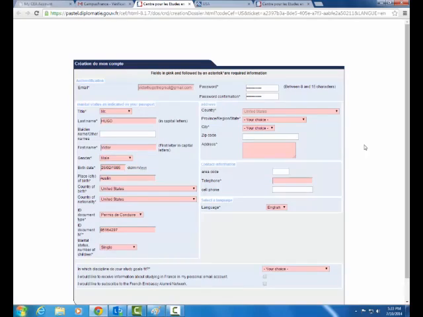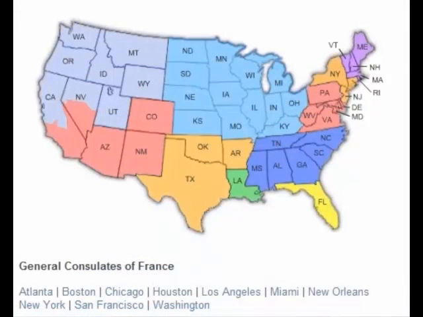Now if you plan on visiting the consulate where your university is, you'll want to put your university's address here now. You won't be able to come back and change this later, and normally you can only go to the consulate that covers your permanent address. However, if you check on some of their websites, they will say that you can go to the French consulate that has jurisdiction over where you study. So just decide now whether you'll want to go to the one where your university is or the one where